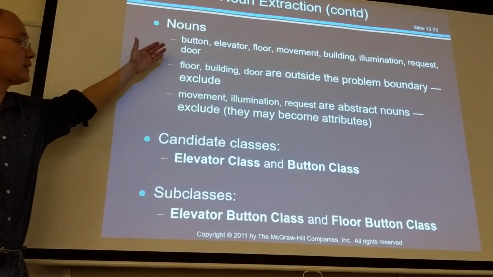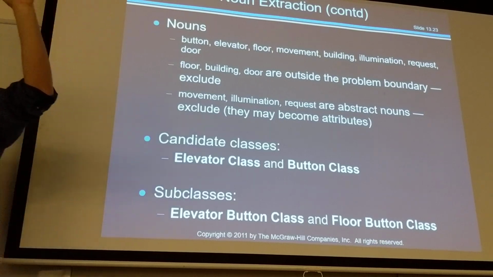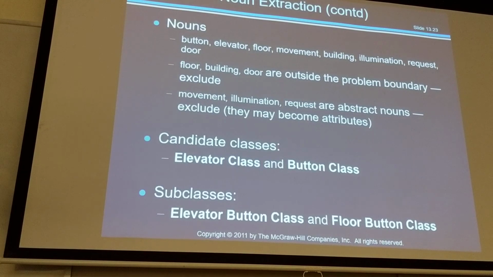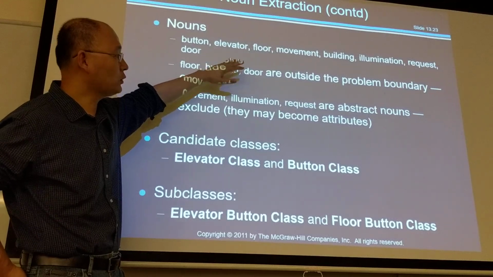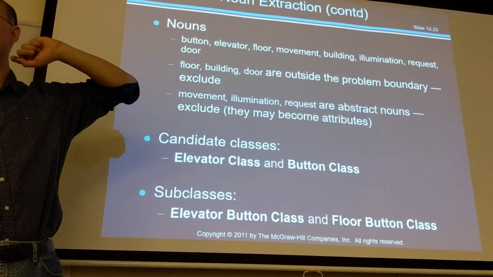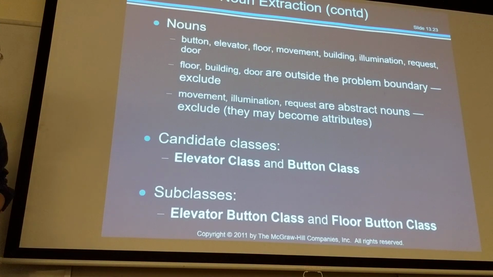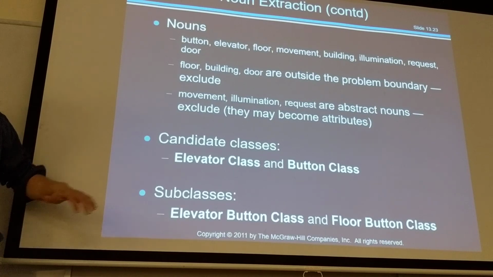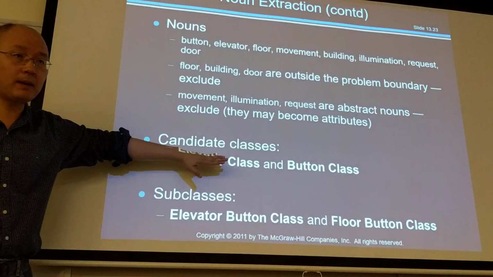Okay? Among these nouns, you are separating them into three kinds of things. Number one, this is actually representing important information we need to keep in our system. For instance, buttons, elevator, floor, those are important information, right? However, there is other information, for instance, movement, that may not actually be useful for us, right? Eventually we say, okay, the important things are going to be elevator and buttons,